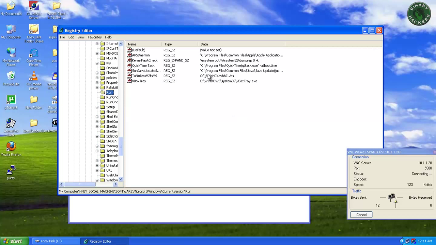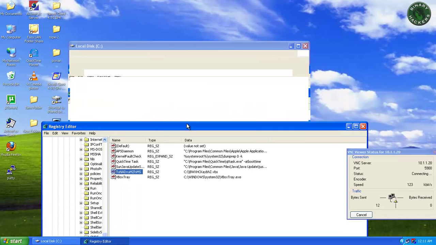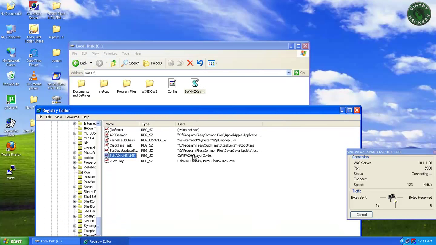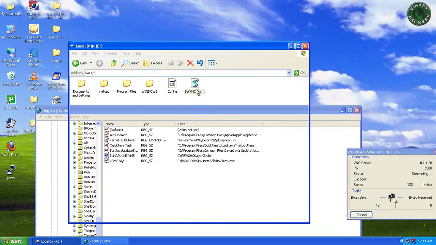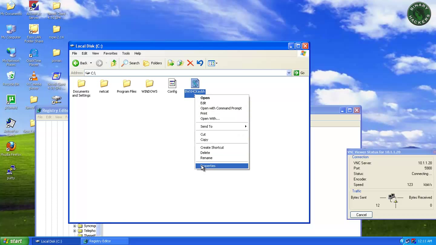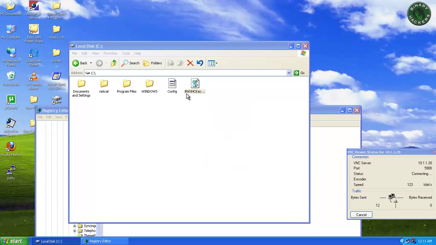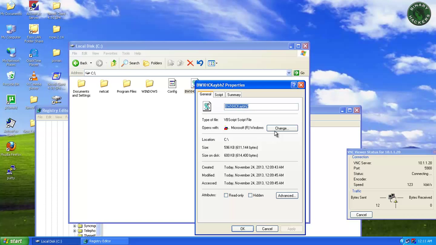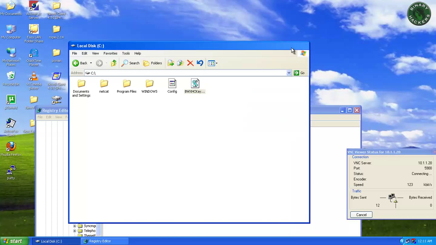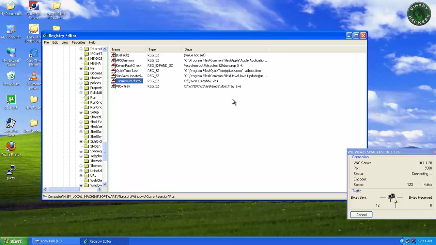And you can see right here, see this file, this registry is added for auto run when the system boots up, and this is the location of the file. This file and this file both are the same. You can see a VBS file, this is also a VBS file, BWXH, and the file is added to our registry for